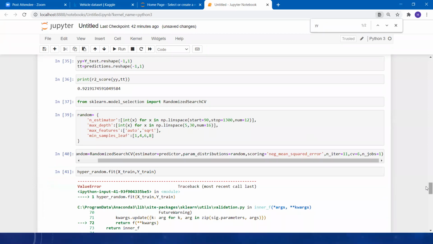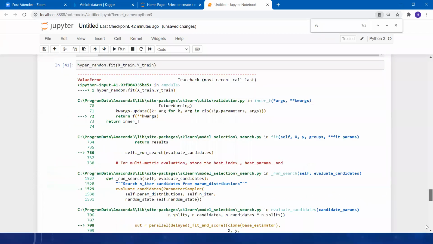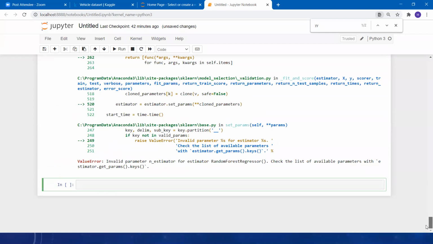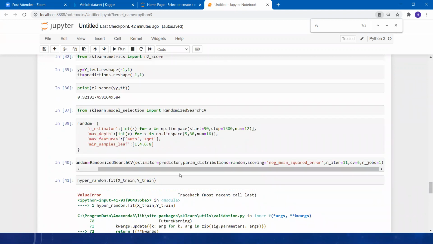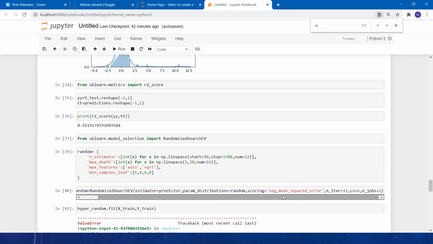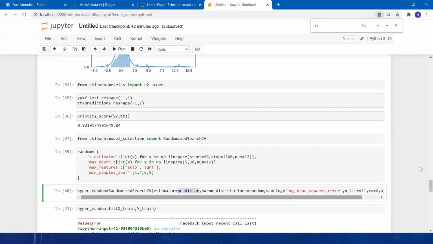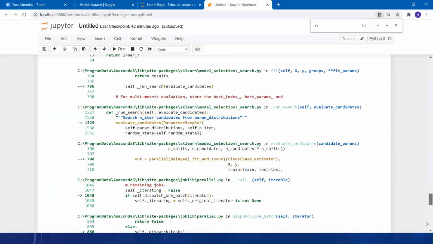Let me see, there is a small error. Random forest regressor over here. Check the list of available parameters with get_params. Let me see what the issue is. Predictor is fine. What is the issue then?